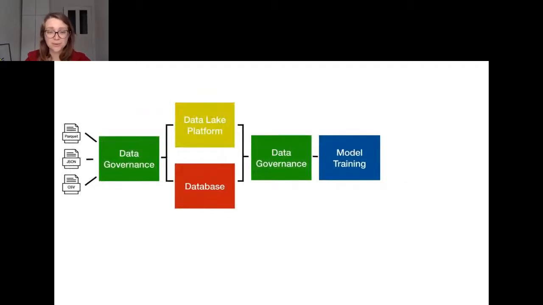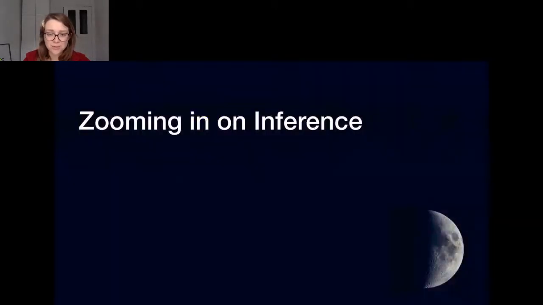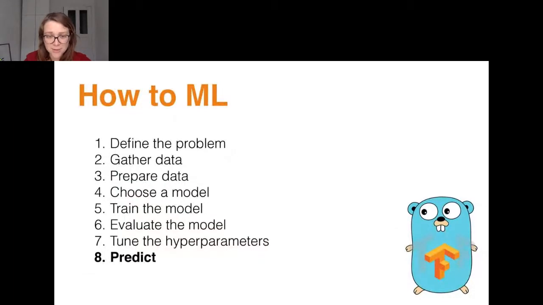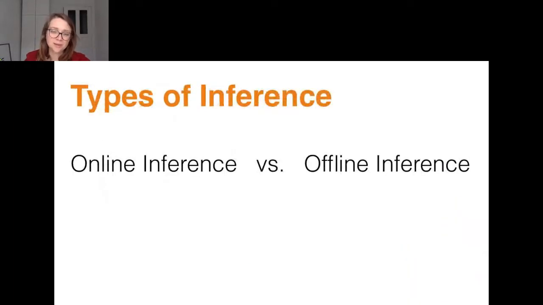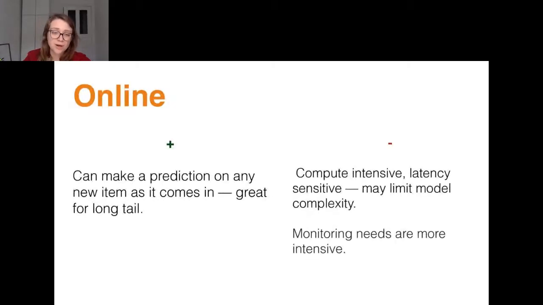Okay, so that was model training, and the next step in our flow is model serving. Serving is giving the output, and if we zoom in on that, it also has two parts. It lands us in this stage of the how-to ML flow, and you can make it online or offline. Offline basically means calculate all possible results and upload a lookup table. Online is actually making all the predictions as you go, so you have an internal feedback loop, like the example with a client that made a correction to the prediction of the model, and it corrects the model live.